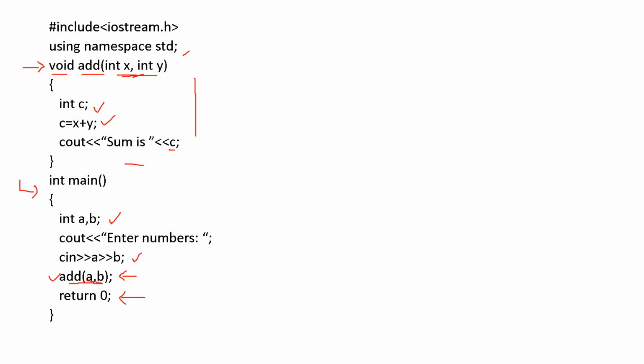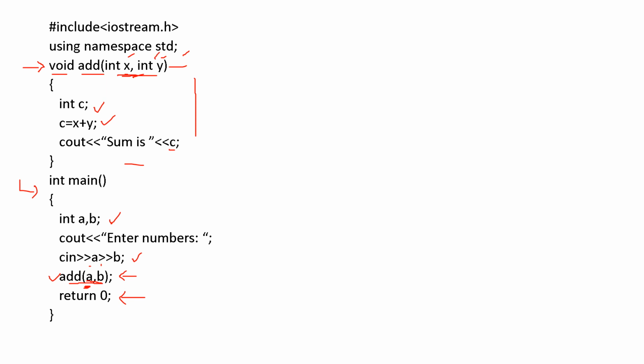Now you might have noticed the arguments: add(a, b). Here it is written a and b, but in the function definition it is written x and y. So what is happening? a in the main section is replaced with x, and b is replaced with y.